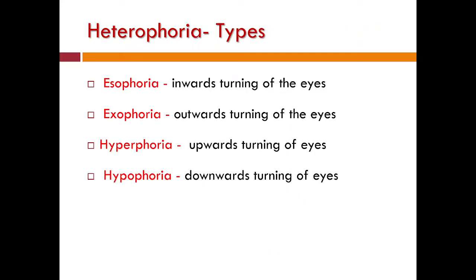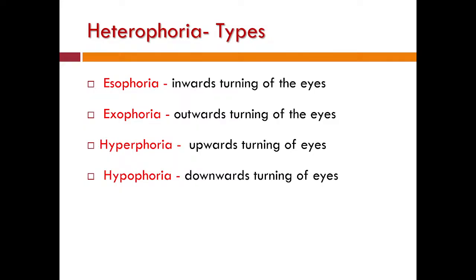Now based on the direction, we label them as eso, exo. Already I told you what is esophoria, what is exophoria. Horizontal deviation, inward turning is eso, outward is exophoria. Phoria, because we are talking of latent squint. Tropias are manifest squint. Hyper means there is an upward turn, shifting of the eye, and hypo is downward shifting